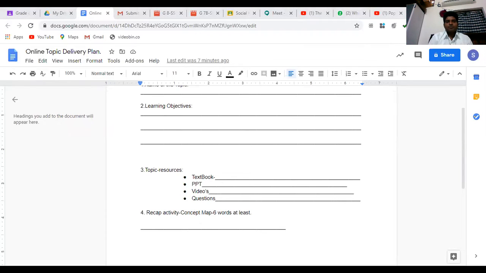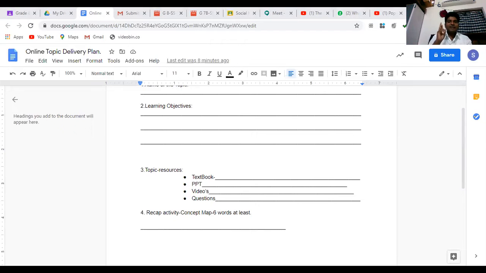step 2, first set the ground rules. As soon as you step into the class, make sure you set all the ground rules. All the ground rules have to be very clear. No one will turn on their audio without your permission. No one will talk without your permission. Nowadays, I am also observing that no one will chat anything without your permission. You only have to use the chat box very wisely.